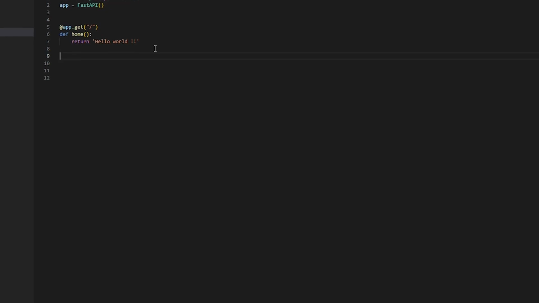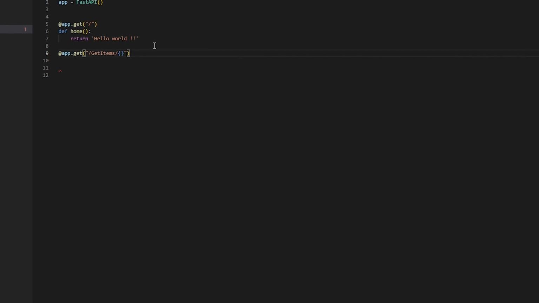What we can do is define another route, and then we can get stuff for you. So suppose I would be writing about items that I wish to call out. I can write this and then get items, and then items can be the one that you would be giving me. So suppose I write items here, and then for this we can define